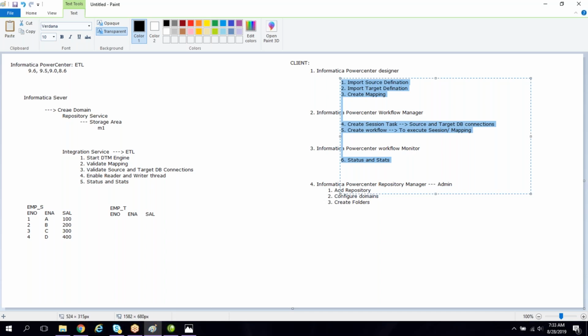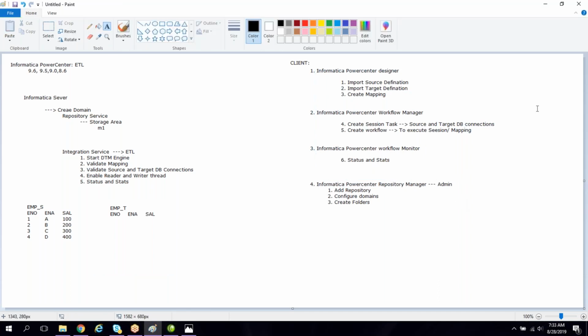Fine. So now we'll start with the practical. We'll create one source table emp_yes and one target table, and we'll follow these steps to create a mapping. After creating a mapping, I'll explain the transformations one by one, and then we will start the scenarios. But first today, we'll start with one practical example.